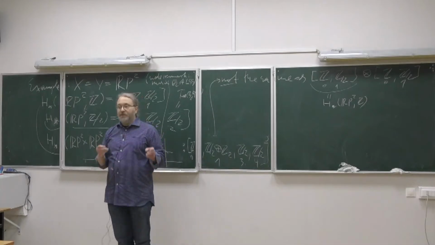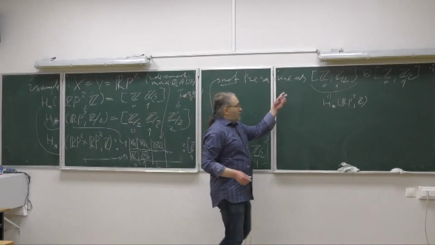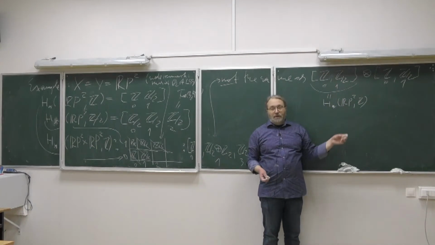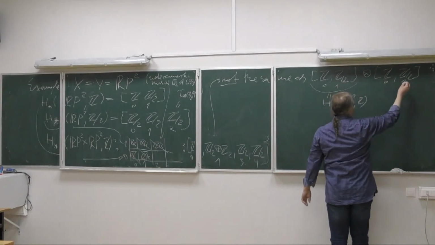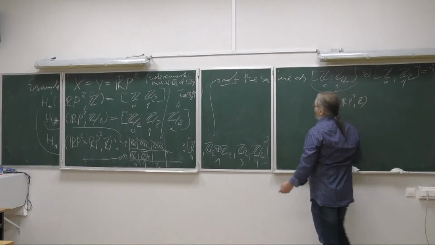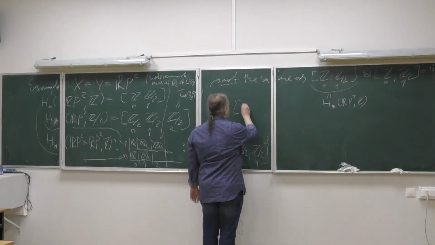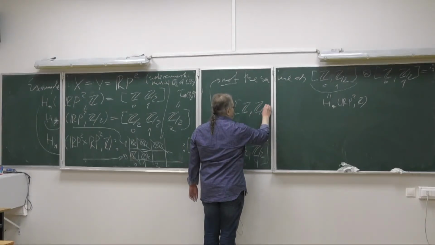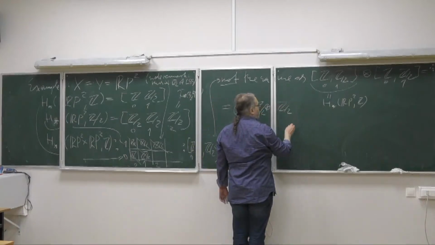In other words, the tensor product of the homology of RP2 and the homology of RP2. I know the homology of RP2. It's Z/2. Now, what happens if I take the tensor product? Well, the answer is I get Z in degree 0, Z/2 plus Z/2 in degree 1,